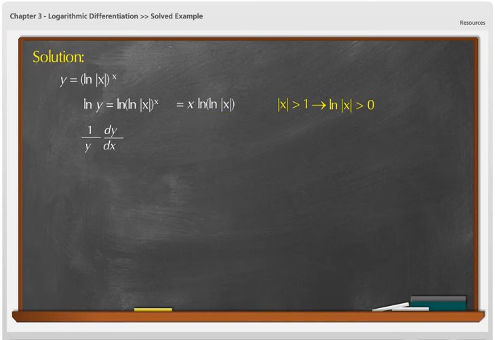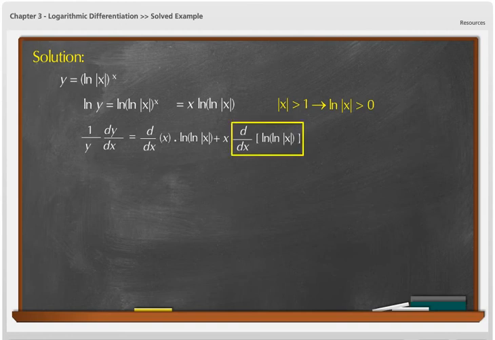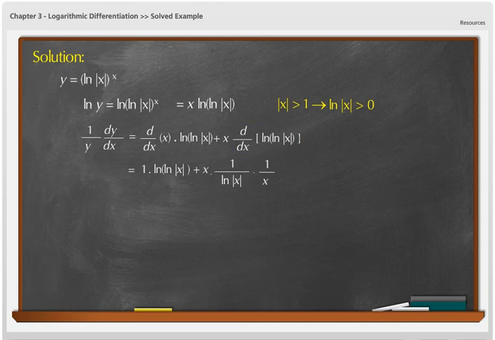We are going to take the derivative of the first term, d over dx for x, times ln of the absolute value of x, plus the first term x times the derivative of the second function, ln of the absolute value of x. Now, in the second term, remember that we have a composition of more than one function, so we need to use the chain rule for the derivative. So we could rewrite the derivative of x as 1 times ln of the absolute value of x,